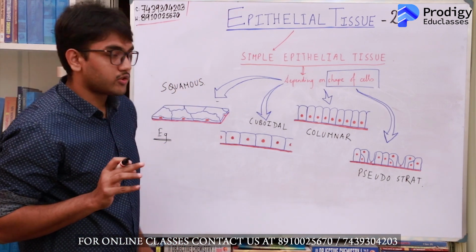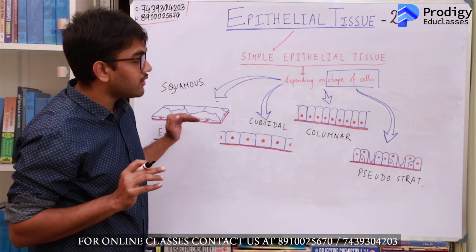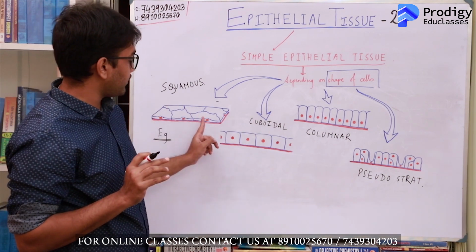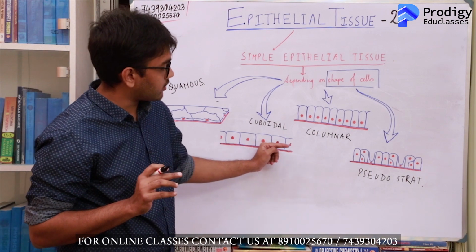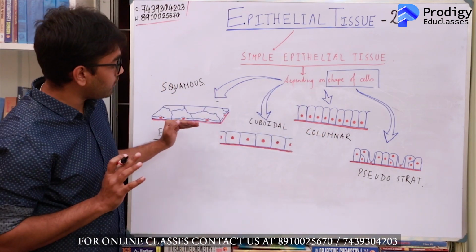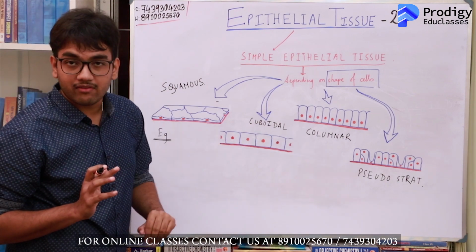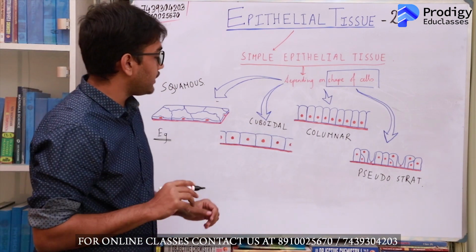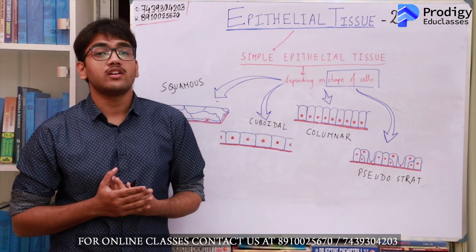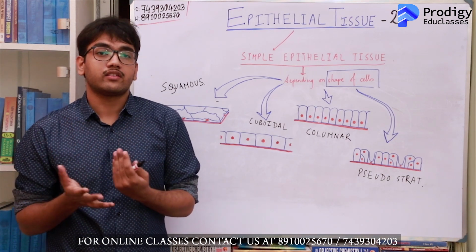Normally in epithelial tissue, you will find that nuclei in a single layer of cells will always be at the same level. Here look, they are at the same level. Here all of them are central. Here all of them are basal. Normally in an epithelial tissue, the nuclei will all be present at the same level. Now if you look at a cuboidal epithelial tissue, it is mainly responsible with the function of secretion or excretion.